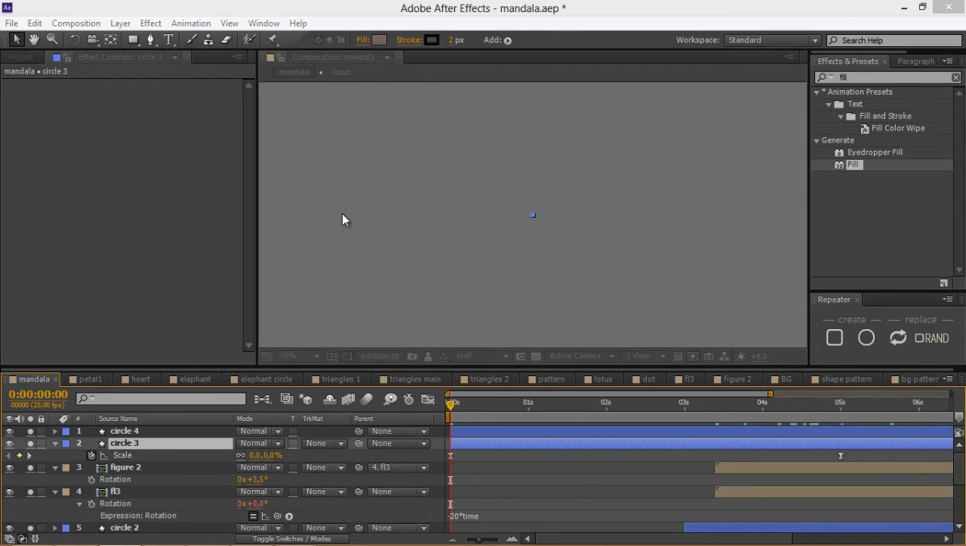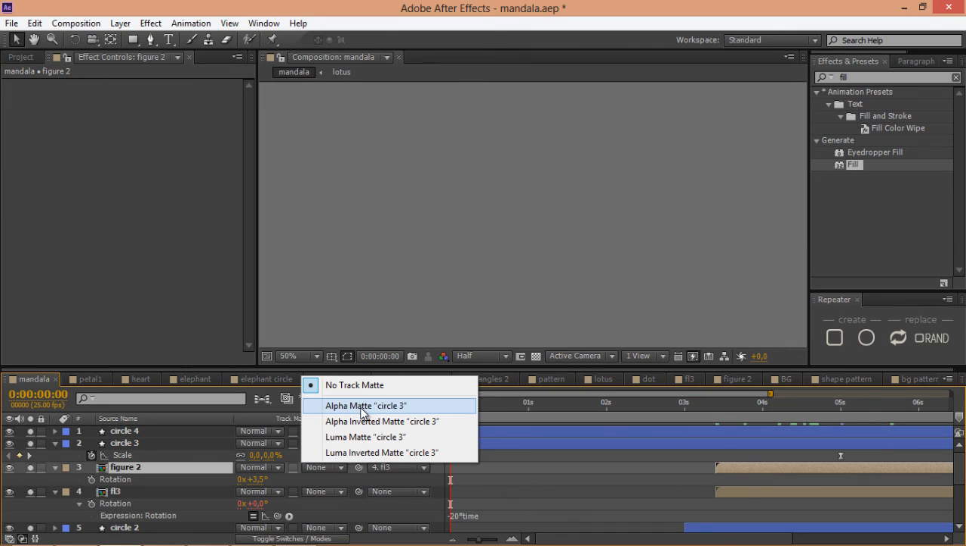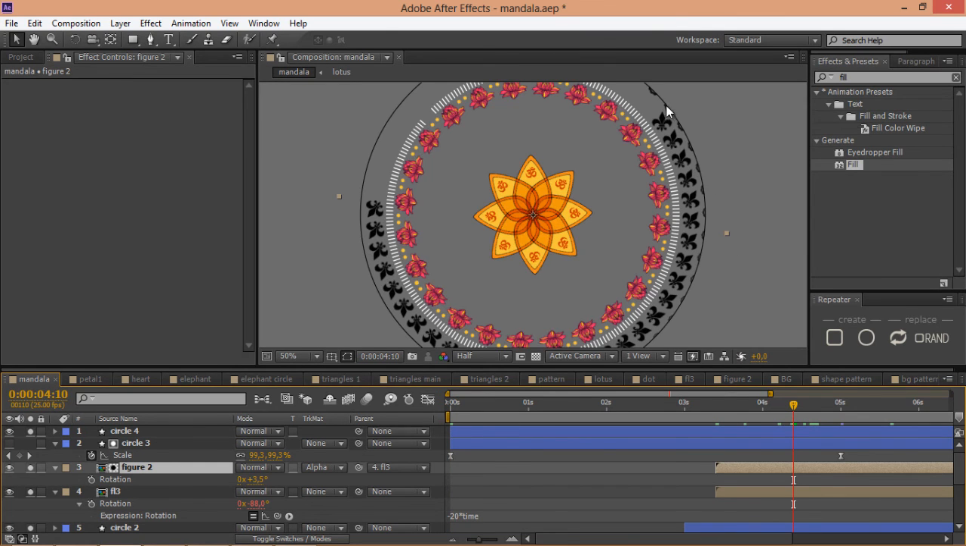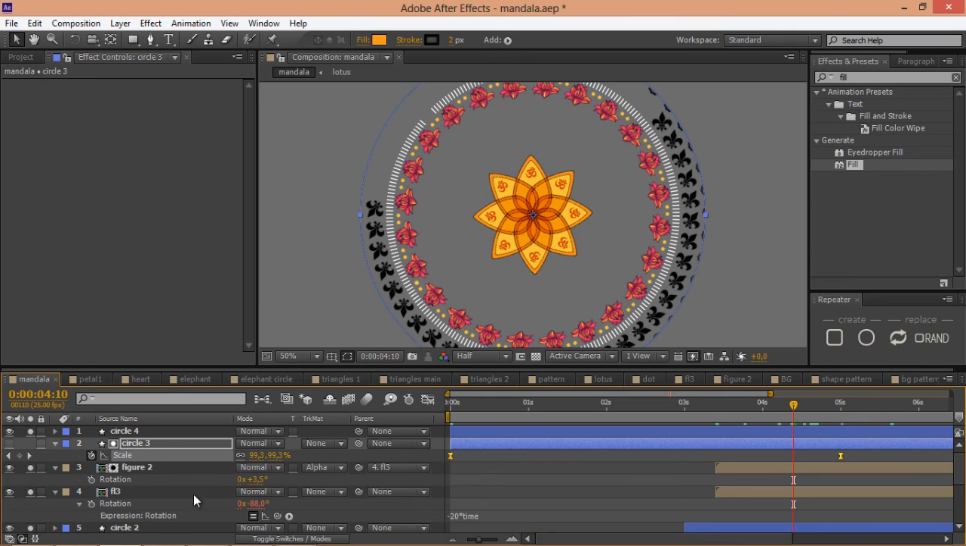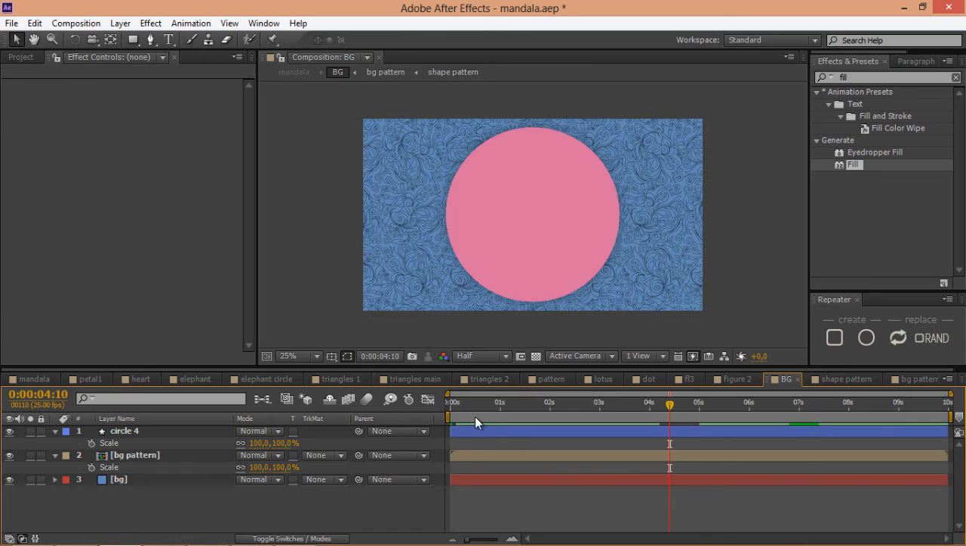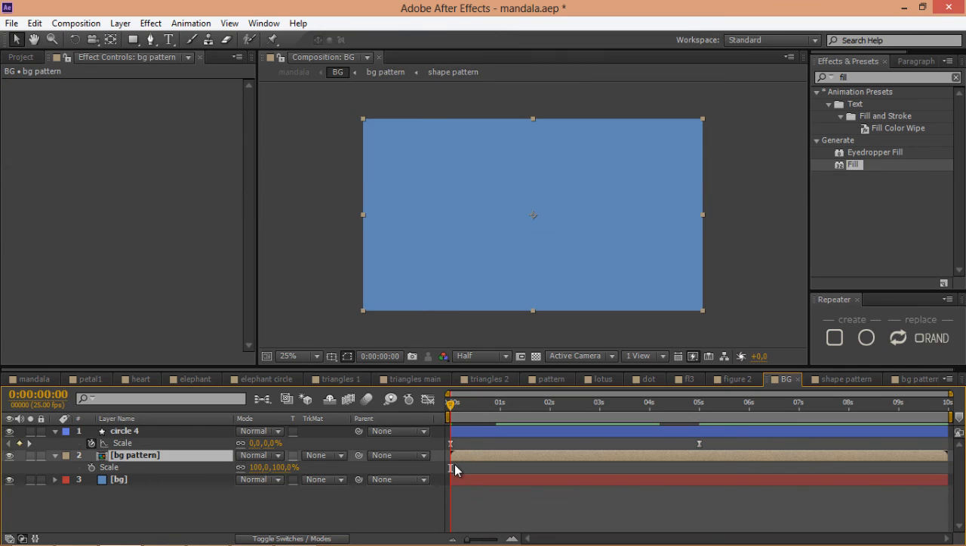fill this circle, doesn't matter which color, and press here on figure composition alpha made from circle 3. And now it works pretty good. You can see that it doesn't see a figure out of line. Now copy this scale, Ctrl C, go to our background composition and paste it in this circle. Move them together and paste it in BG pattern 2, but right here